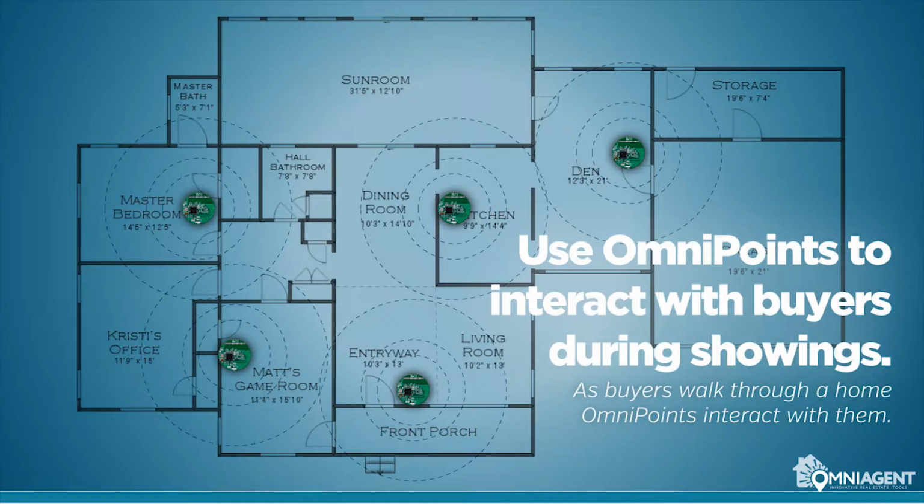So this is how it works. You take 3 or 4 of our Omni points, you connect those with our OmniAgent dashboard, and you put those in very specific locations around the house. And each of those Omni points is programmed with a very specific message from you that features a certain item. So let's just say they enter through the front porch and they hit that entryway, and another beacon is triggered,